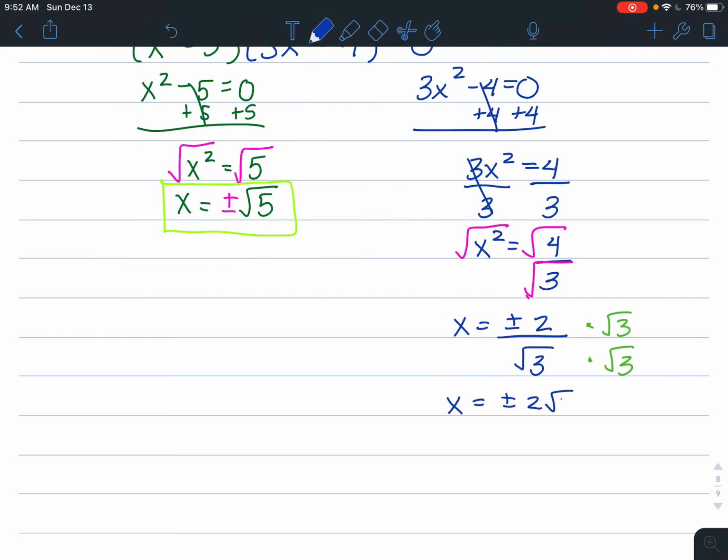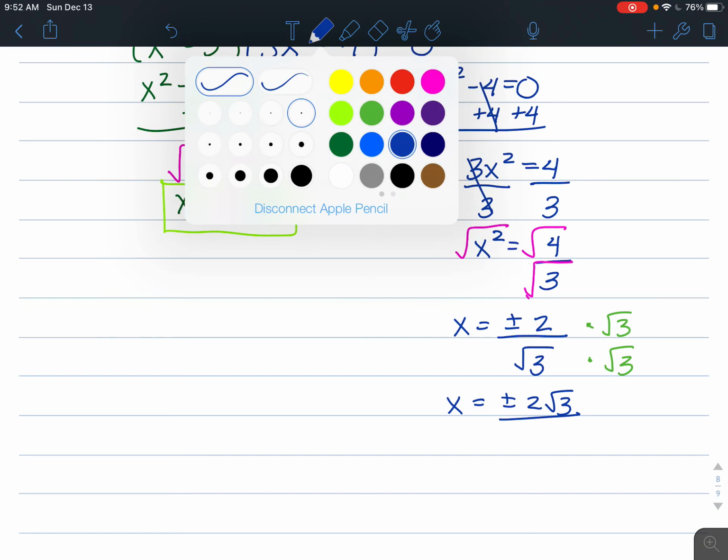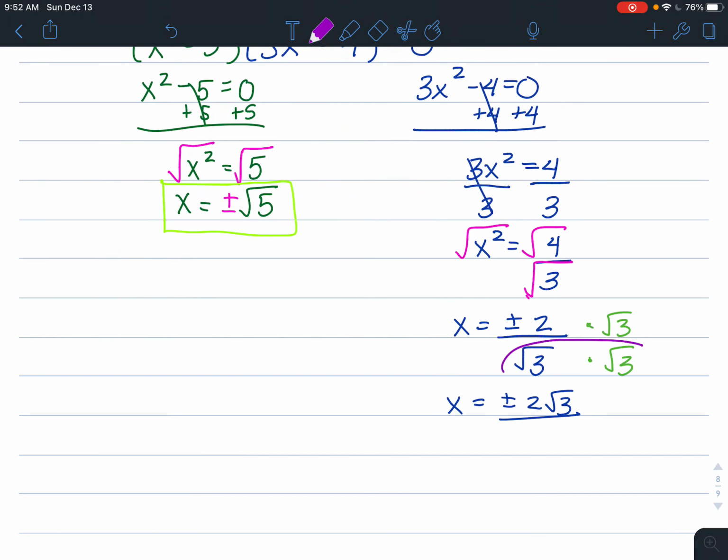So that would give me plus or minus 2 square root of 3, and then just doing this off to the side here, right, the square root of 3 times the square root of 3 is the square root of 9, and the square root of 9 is just 3. So there's our fully simplified